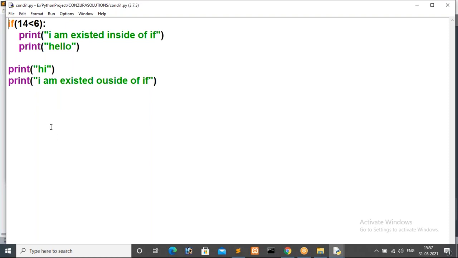Actually I did not discuss comment lines, right? So in Python programming also we have two different types of comment lines, guys. Those are single line and multi-line. So for single line we have to use hash. If you want to comment a single line, then you will use hash, guys. For single line we will use hash. For multi-line